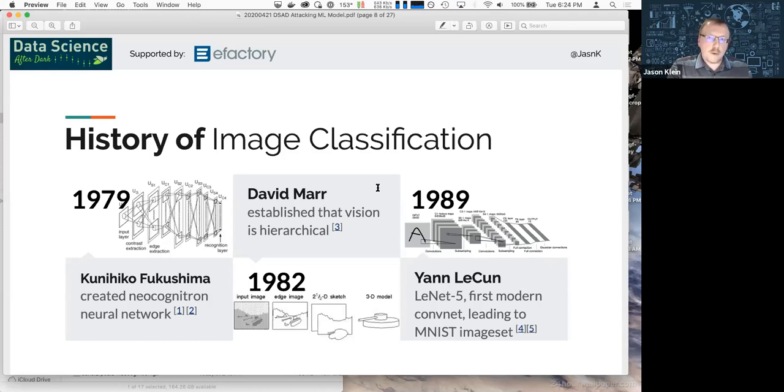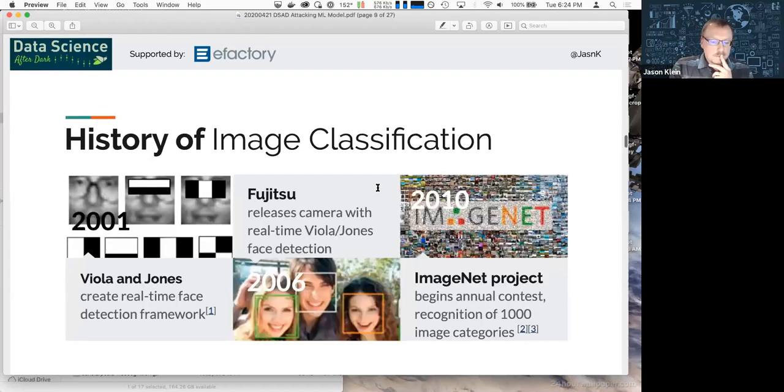If you ever follow any TensorFlow tutorials or other machine learning tutorials related to images in the last few years, you'd often see an example that would have a ton of handwritten digits, so 0 through 9, and there are literally thousands and thousands of these handwritten numbers. That was called the MNIST image set, and so that dates back almost 30 years now that image set has been around.